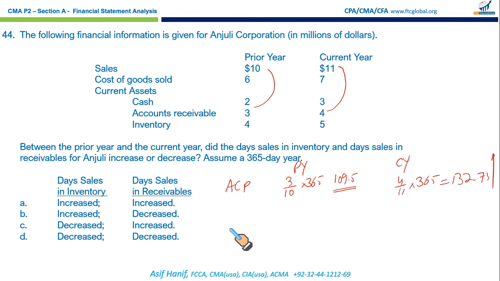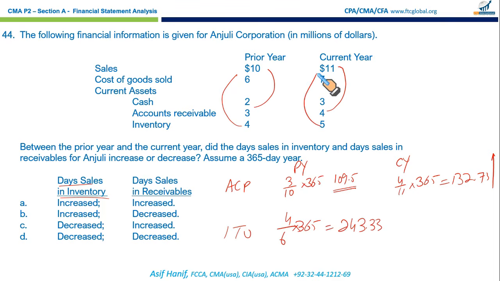What about the inventory turnover days? We call it the days sales in inventory. For this you take the inventory figure for CGS, 4 by 6 into 365. Same formula, I'm not doing something new. It's just in extended form and the information is quite jumbled up. 4 by 6 times 365 is 243.33.